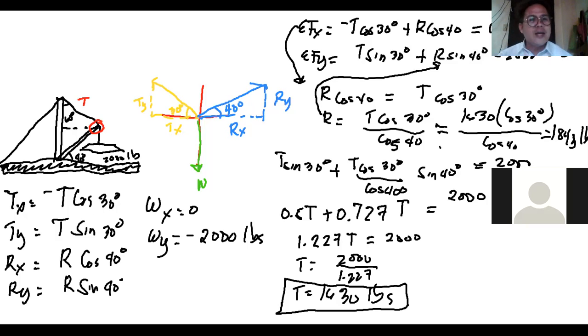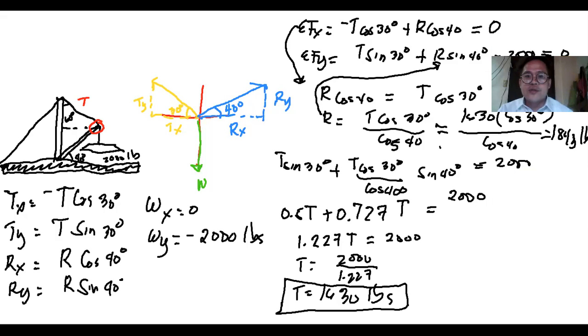All right, so any question? That will be the last example in our lesson for today. Now, to sum up our lesson for today, class, it's very simple: equilibrium means balance. If we are talking about linear equilibrium, the summation of the forces in the x and y axes are all equal to 0. Therefore, the object is in a state of balance, or a state of equilibrium, and Newton's first law is applied. Any question?